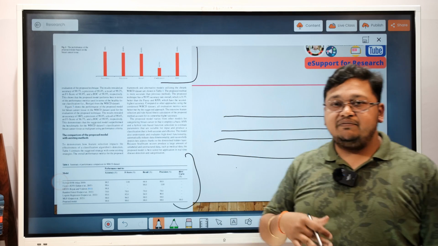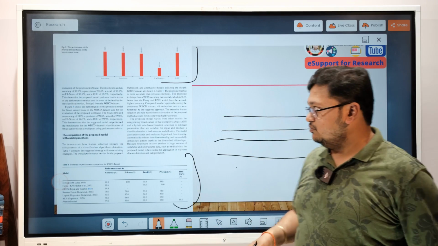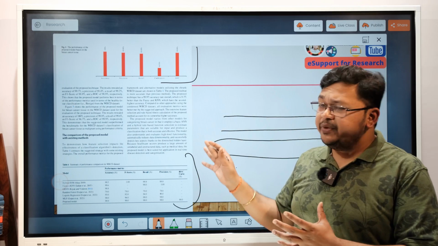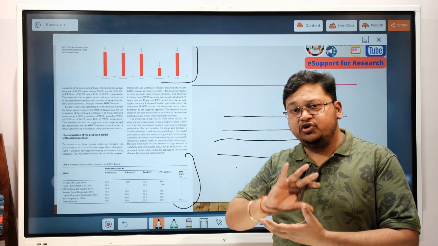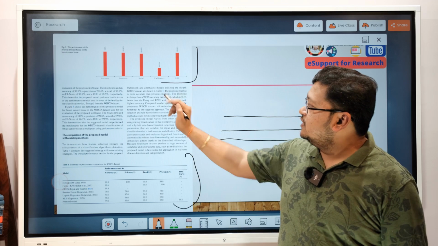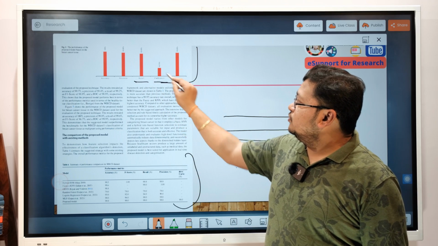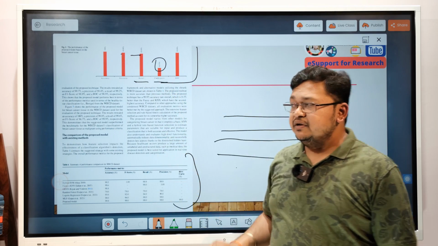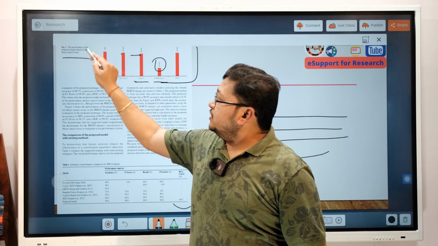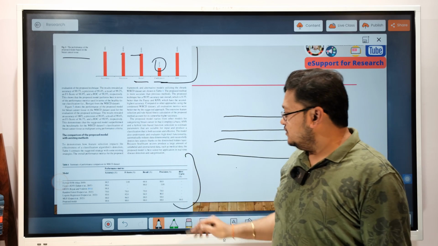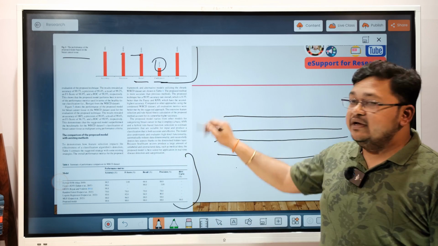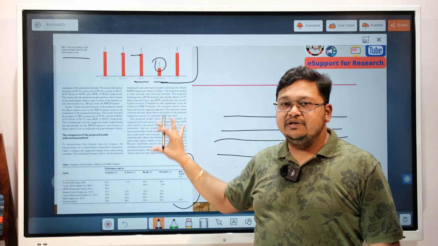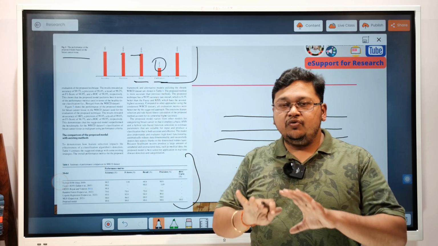You can have your own style of figure, that is up to you, but it should have high resolution with proper labeling of each component of it. Then the title of this figure, everything has to be proper. Here, as I have put it over here, it may not be visible as clearly, but